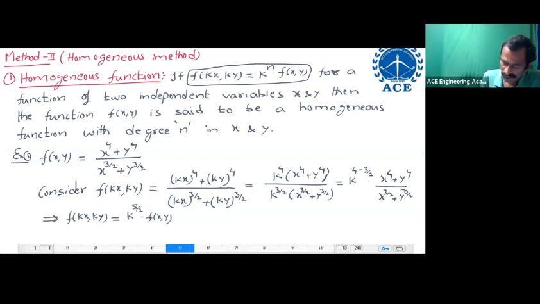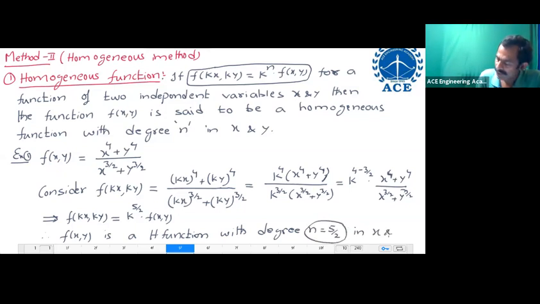Right, your answer is correct. 5 by 2 is correct. So finally, this condition of the homogeneous function was satisfied for this function. So it is a homogeneous function with degree 5 by 2 only. Therefore, f of x comma y is a homogeneous function with degree n equal to 5 by 2